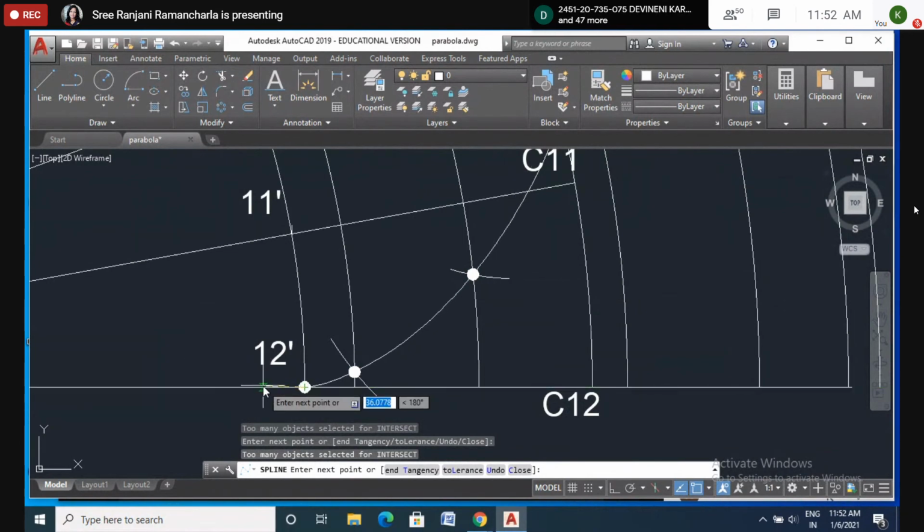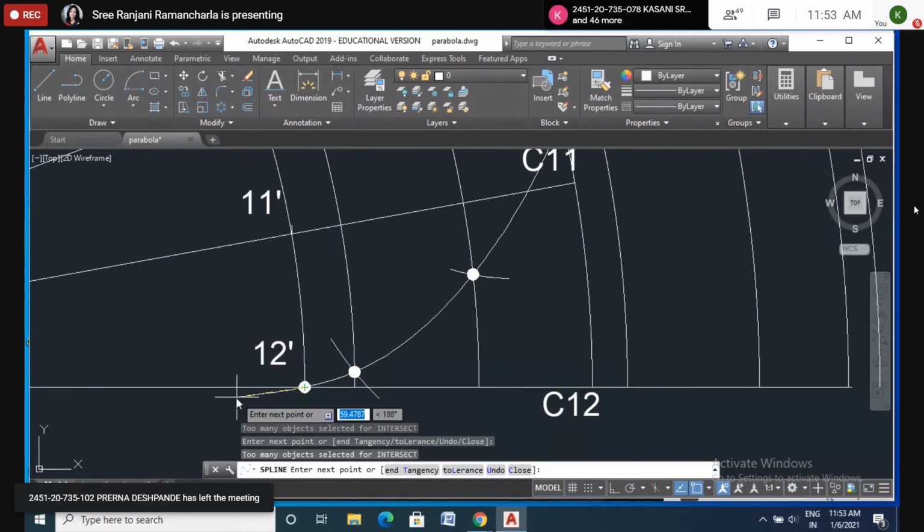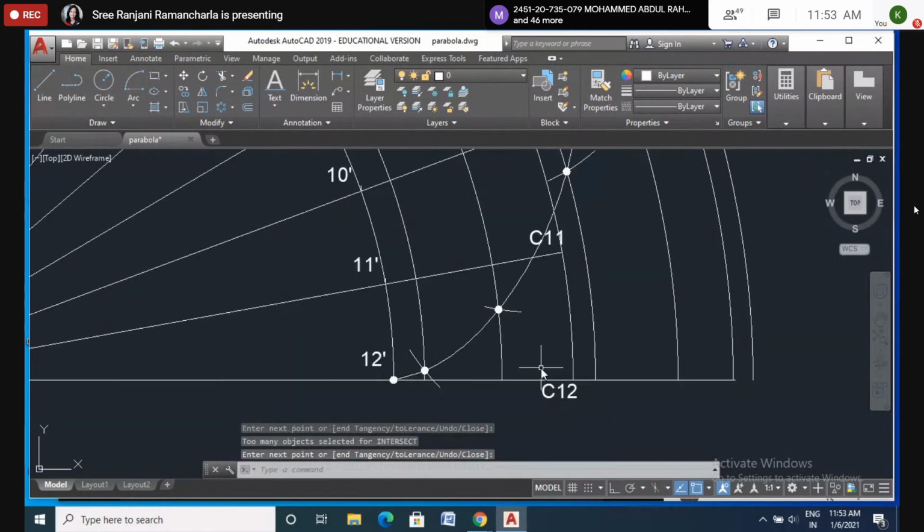So I want to just put my cursor here, then press the enter button. If I keep it here, see, somewhere it is just moving. So I don't want that. When you continue this line, it will go somewhere here. So I want to keep my cursor here, then I will click the enter button. So like this also you can do it.